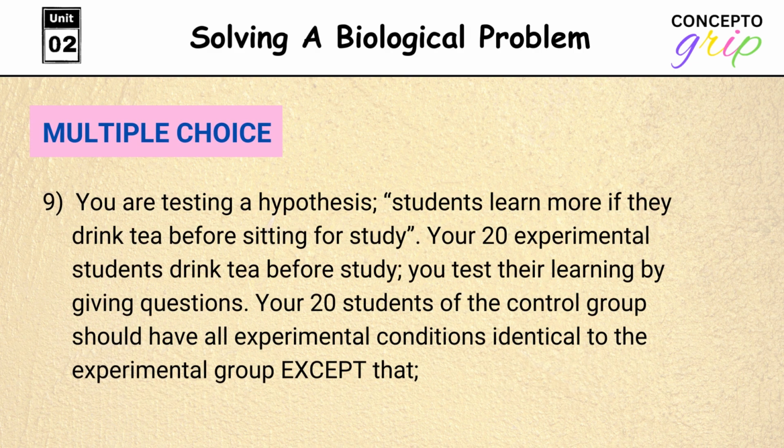Number 9. You are testing a hypothesis: students learn more if they drink tea before sitting for study. Your 20 experimental students drink tea before study. You test their learning by giving questions. Your 20 students of the control group should have all experimental conditions identical to the experimental group except that